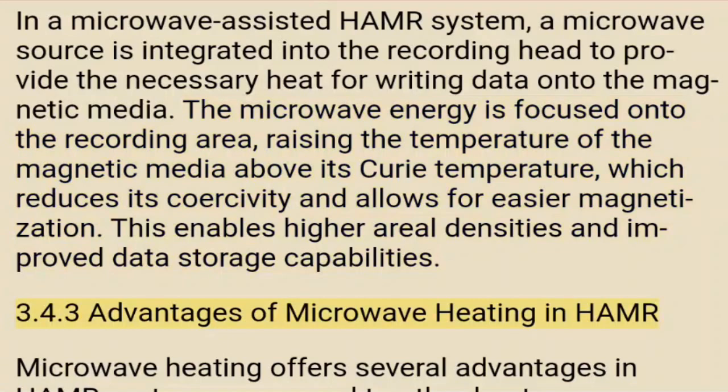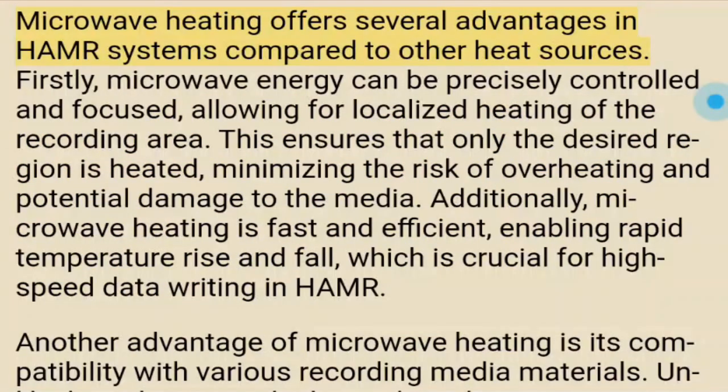3.4.3 Advantages of microwave heating in HAMR. Microwave heating offers several advantages in HAMR systems compared to other heat sources. Firstly, microwave energy can be precisely controlled and focused, allowing for localized heating of the recording area. This ensures that only the desired region is heated, minimizing the risk of overheating and potential damage to the media. Additionally, microwave heating is fast and efficient, enabling rapid temperature rise and fall, which is crucial for high-speed data writing